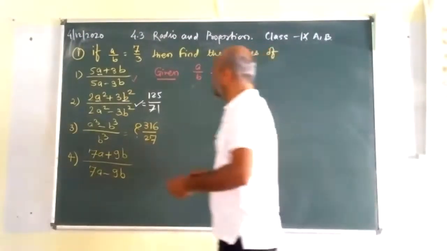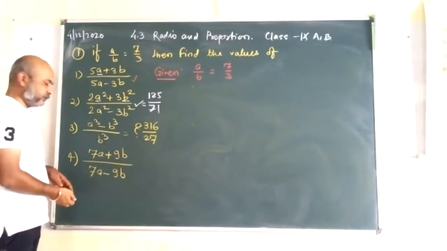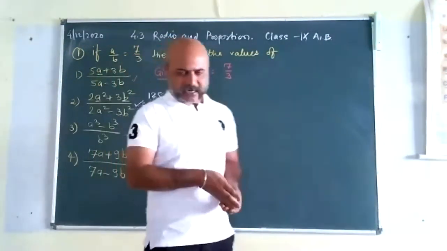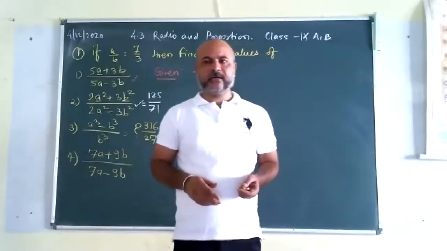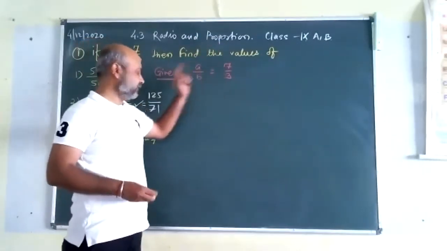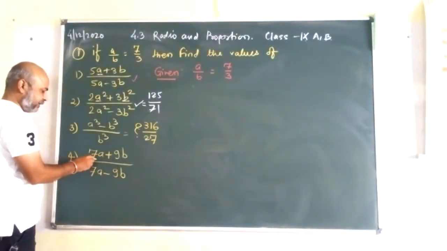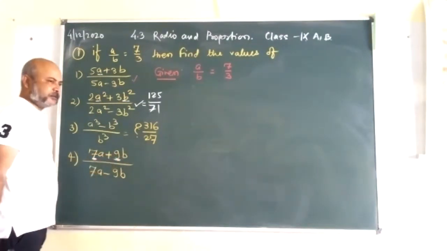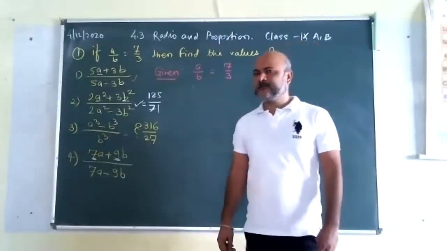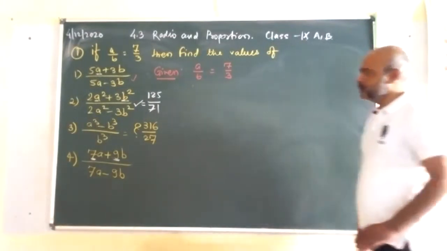Okay. Now we'll see the fourth one. In the fourth case, again componendo dividendo is there. You can see very clearly plus minus is there. When there is plus minus, it means that you have to use the property of componendo and dividendo without fail. Now again, what is A and what is B? 7 upon 3 is given to you. And the coefficient of A is 7 and the coefficient of B is 9. So you will multiply on both sides by which number? Tell me fast. 7 upon 9.